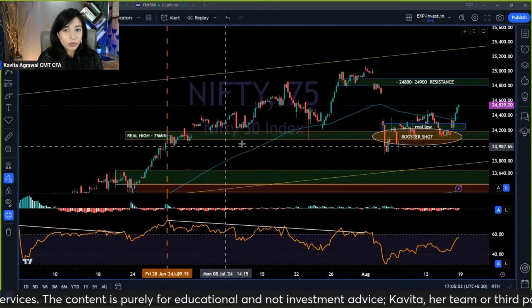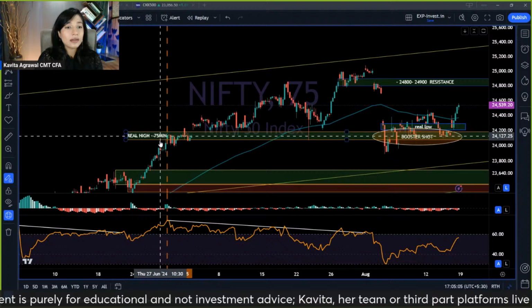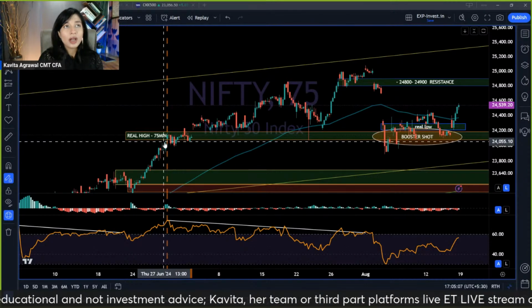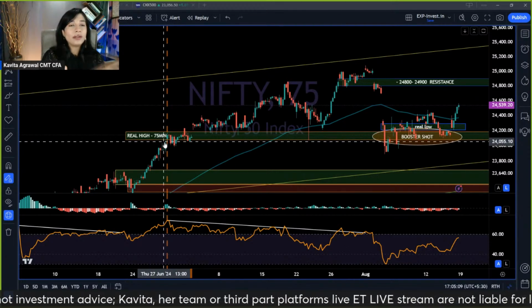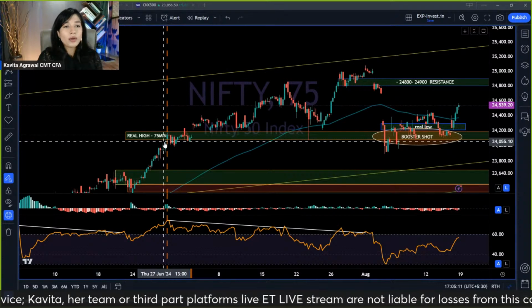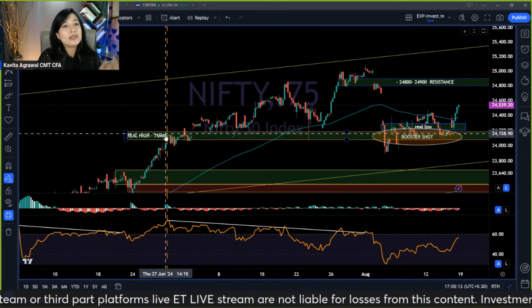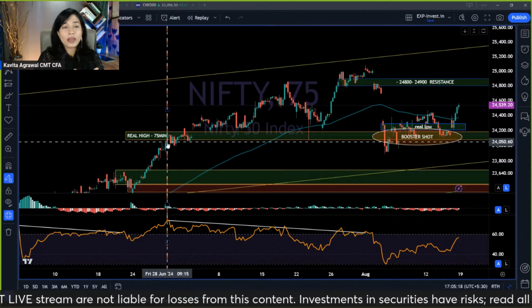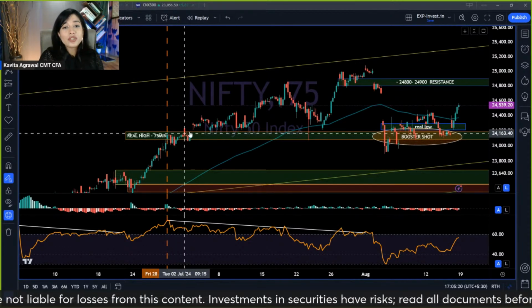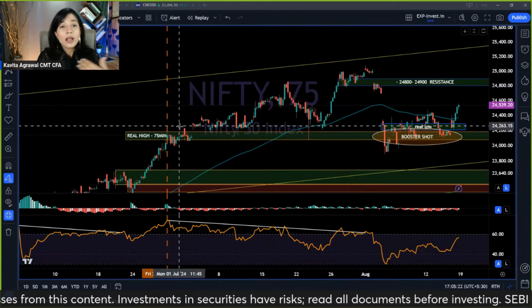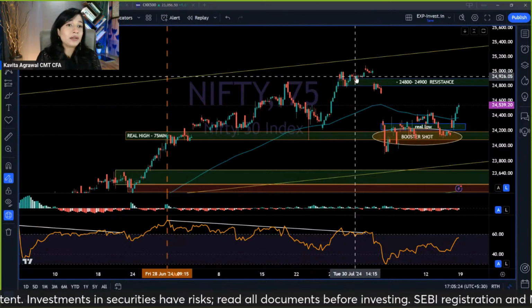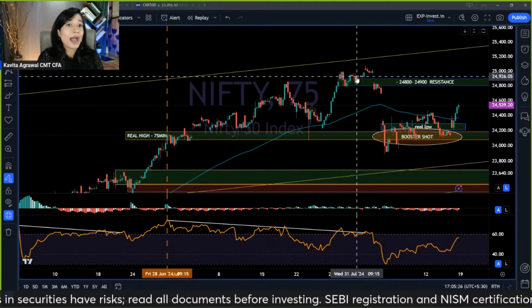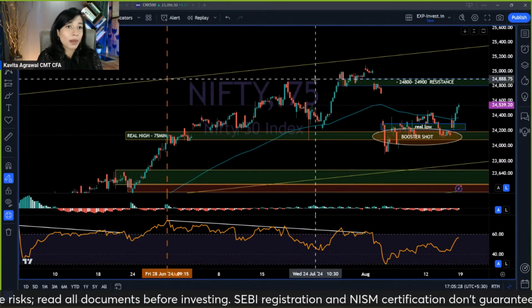In the uptrend, what I have seen is that when this real high level gets established, it is like a moving train. Think about it like this: this is the point where the engine turned off for some time. Because the train was already moving, there was inertia, because of which the price continued to head higher. But this is not upside activity backed by strong momentum. There's no engine power behind this.